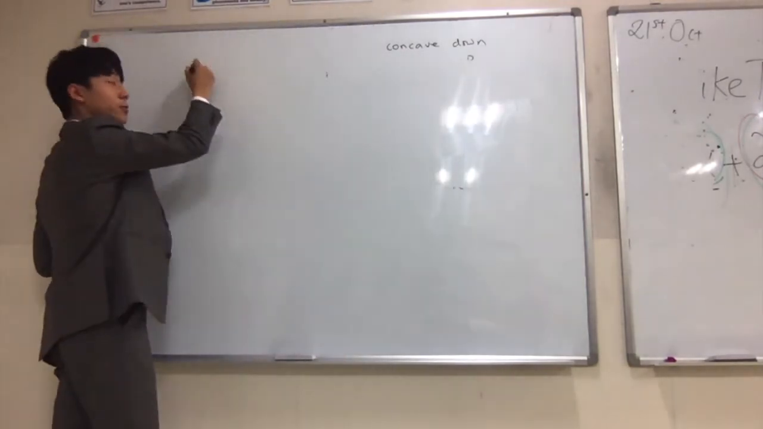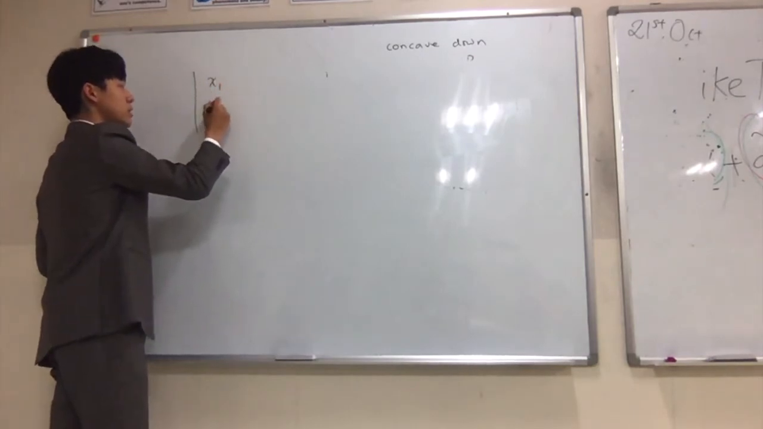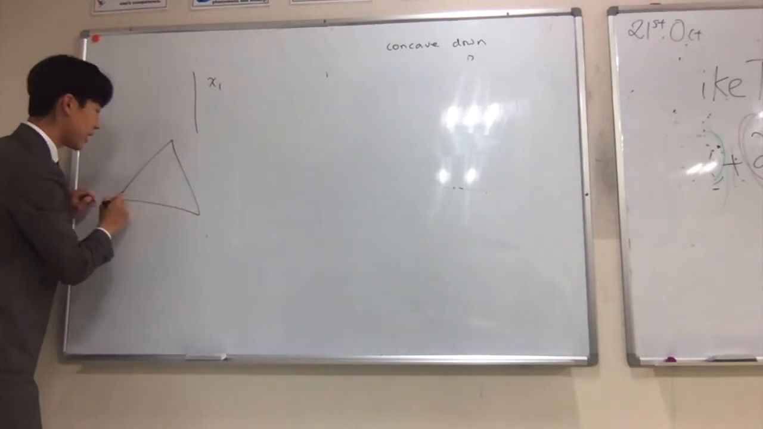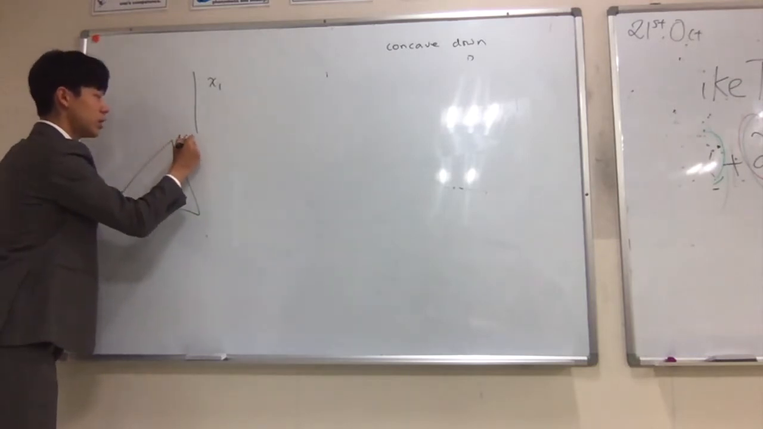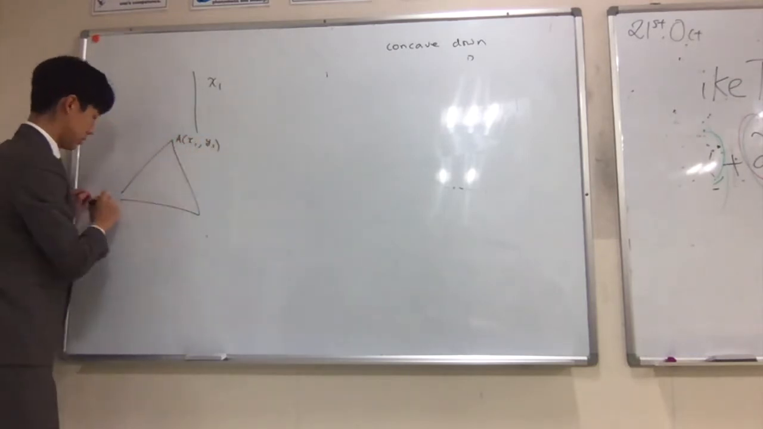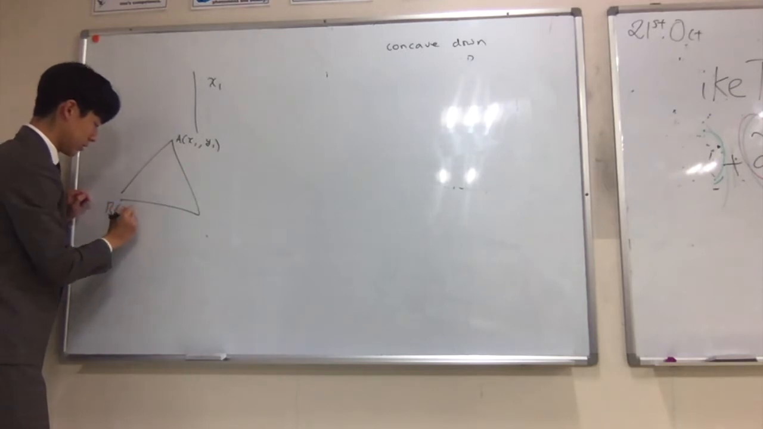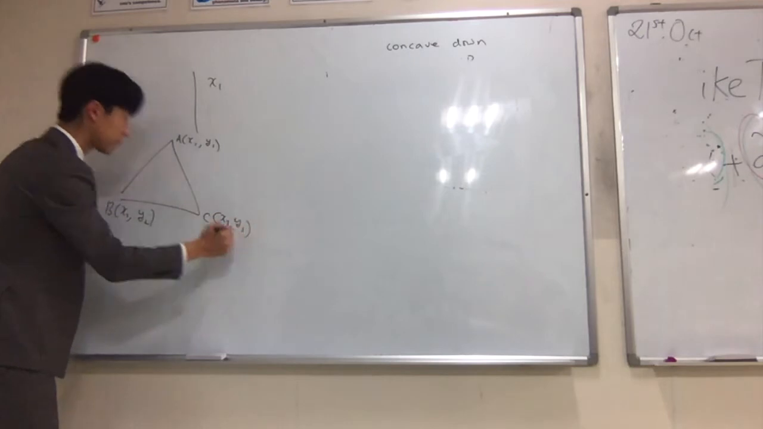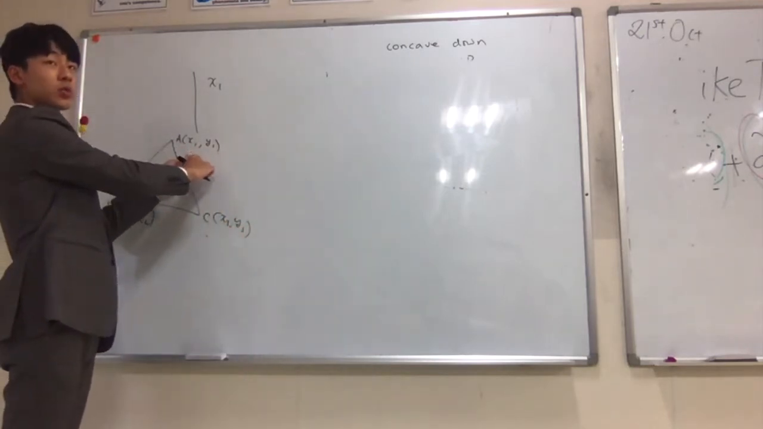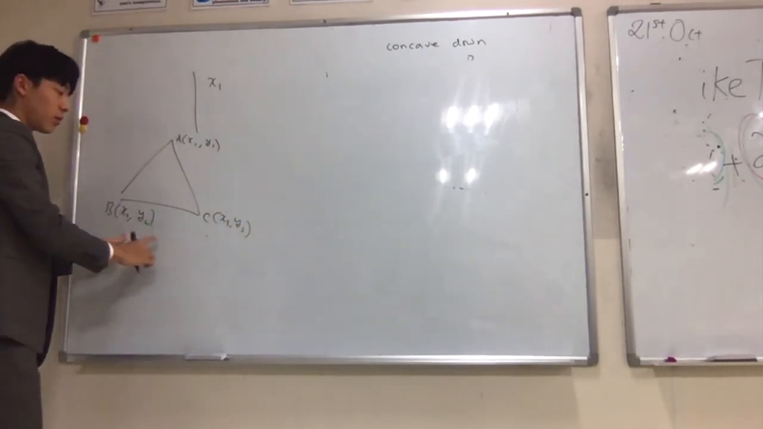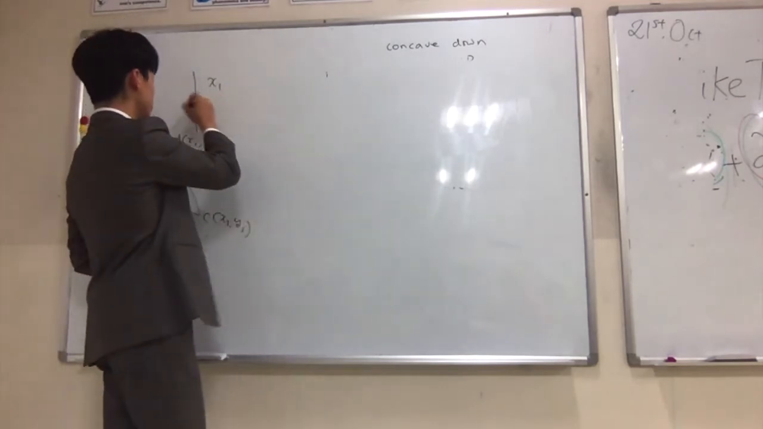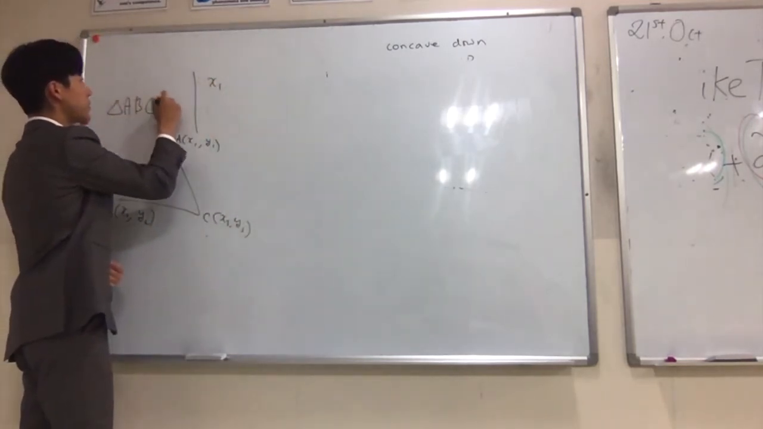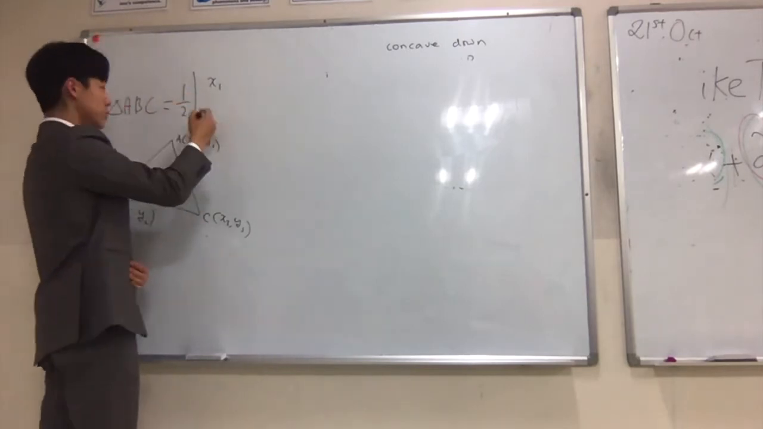So if you don't remember what the Shoelace Theorem was, it was getting the area of a triangle with each of the coordinates. So let's say that A is (x1, y1), B is (x2, y2), C is (x3, y3), then the area of ABC equals 1/2 times